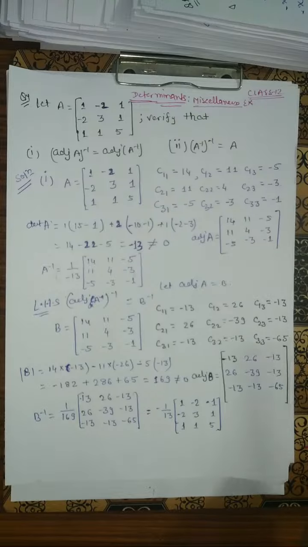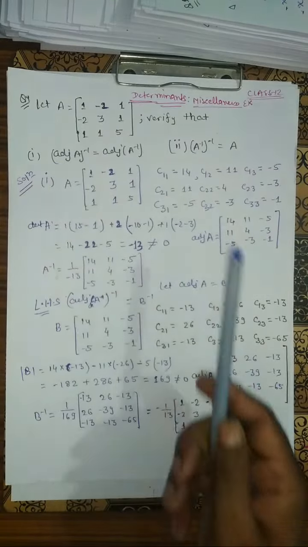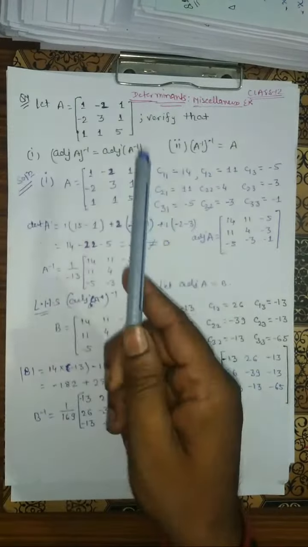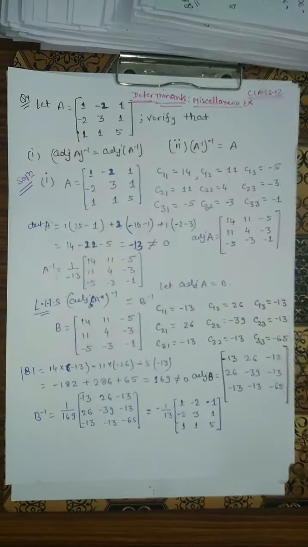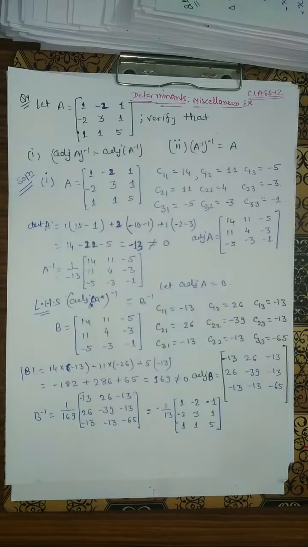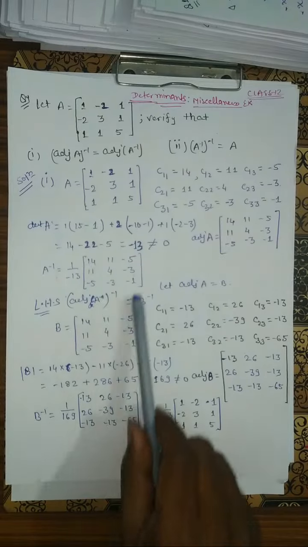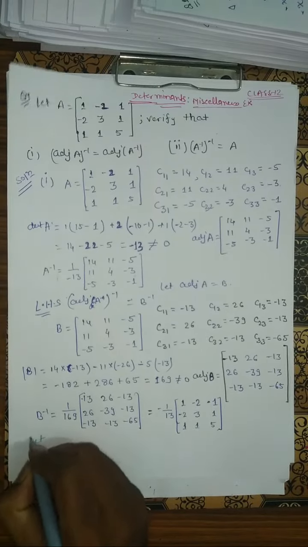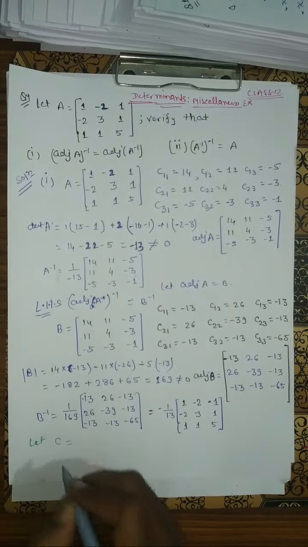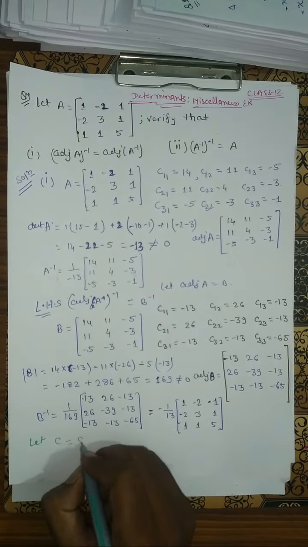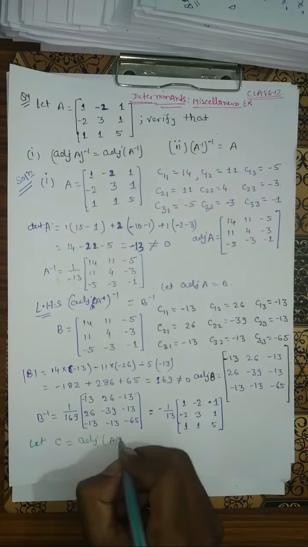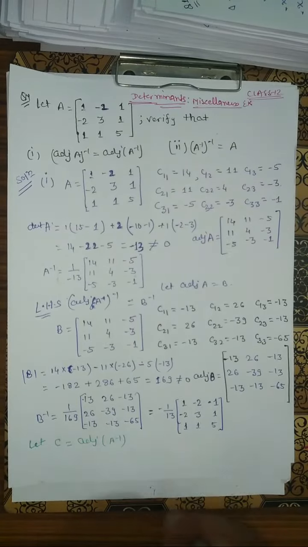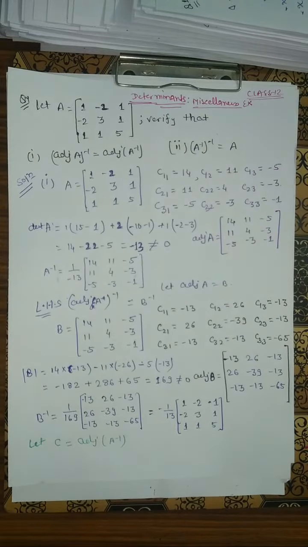Now बच्चों, we calculate adjoint A in adjoint of A inverse, then your A inverse is this. So now let C equal to adjoint of A inverse. So बच्चों, your A inverse is this. So their adjoint is